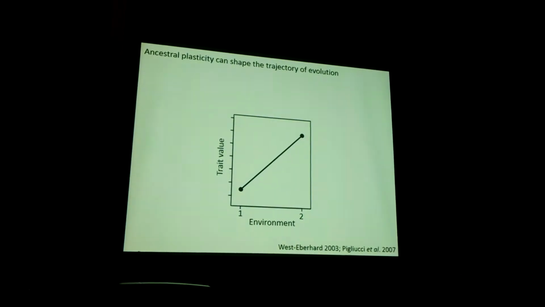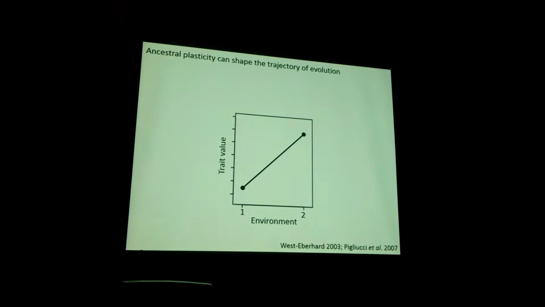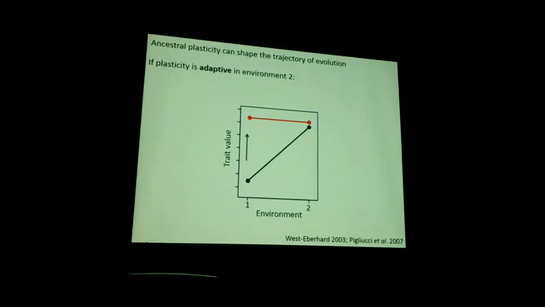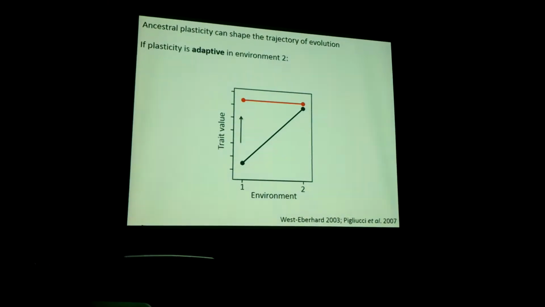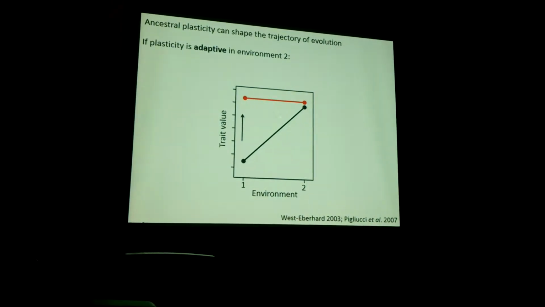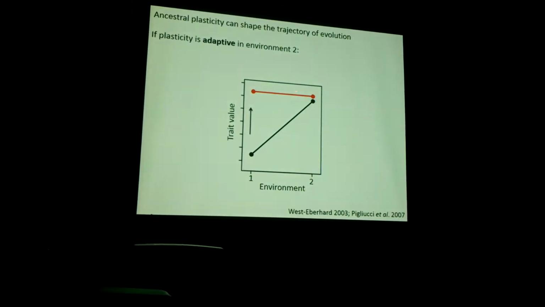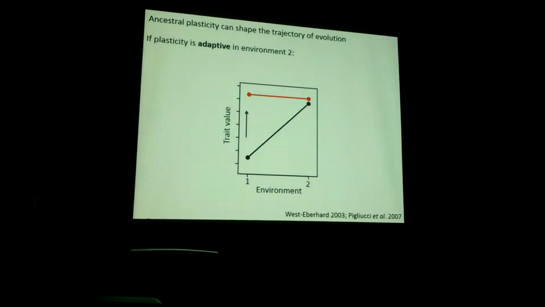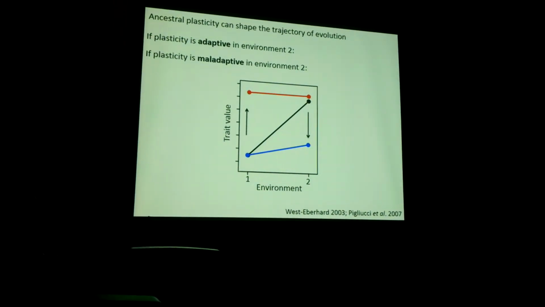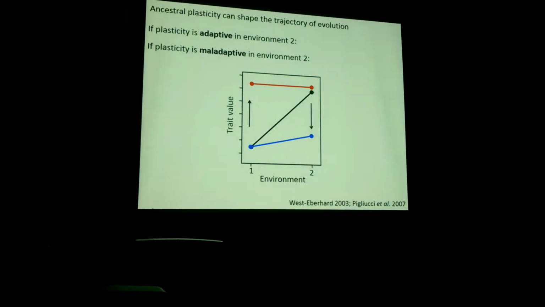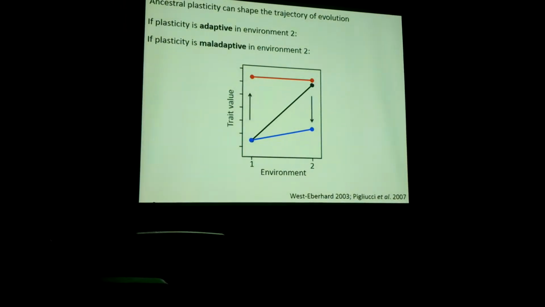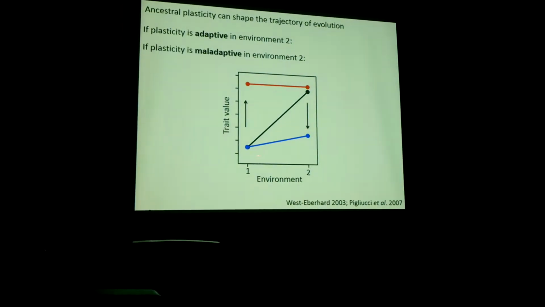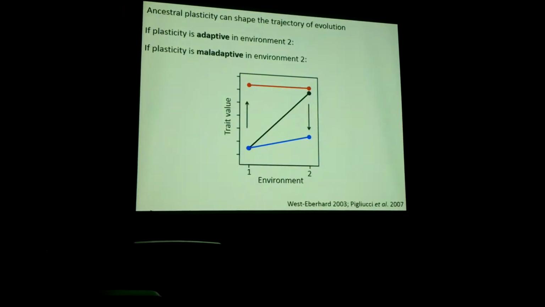Okay? So if a population of organisms buds off and invades habitat 2, if plasticity in the ancestral population is adaptive, in that it brings that population towards a phenotypic optimum, we expect that selection should act to canalize that trait in the population that invades habitat 2. But of course, not all plastic traits are adaptive. Some traits are maladaptive in that they bring a population away from a phenotypic optimum. And so if plasticity is maladaptive in the ancestral population, we actually expect selection to act to attenuate that plasticity